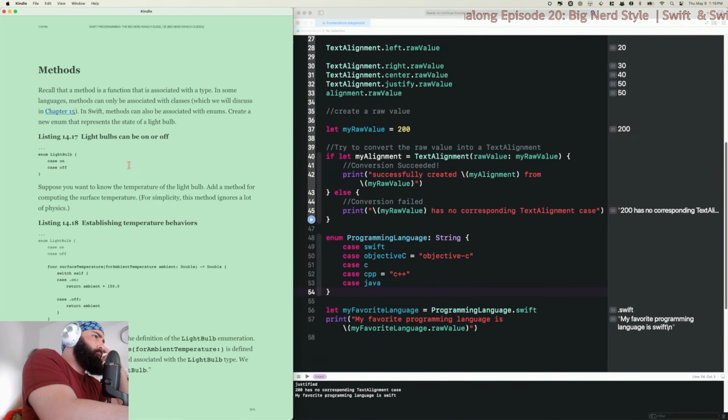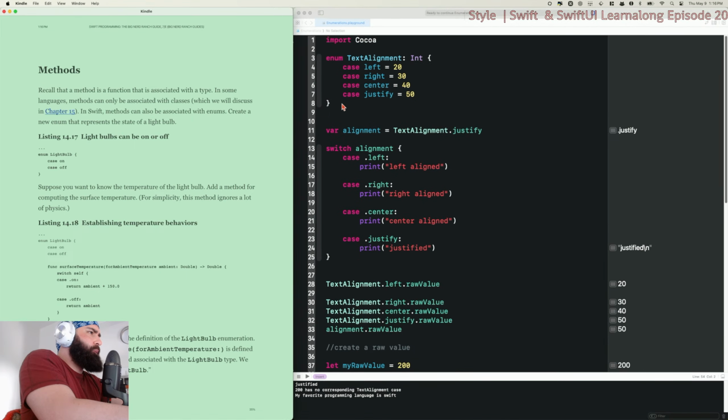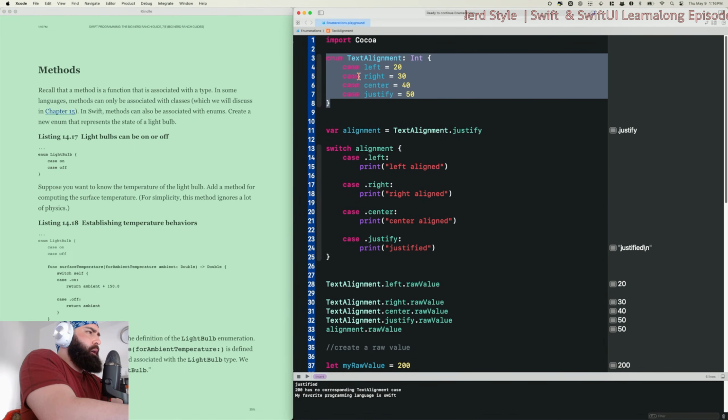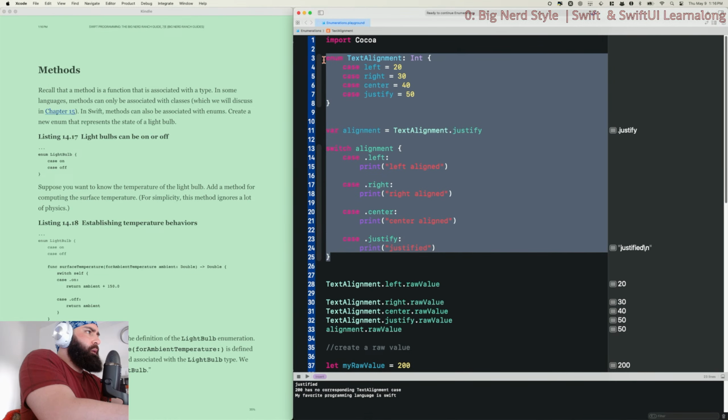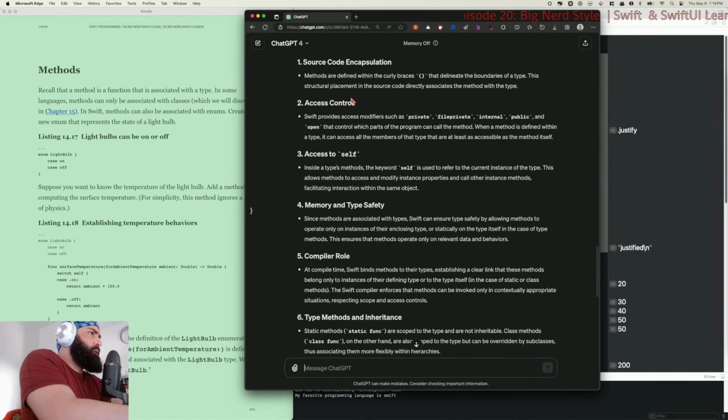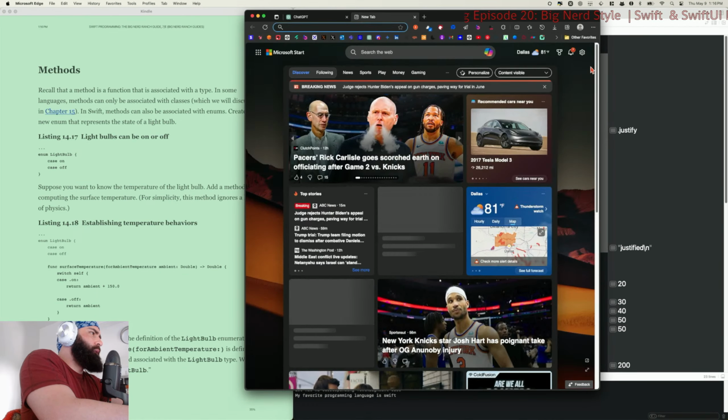Okay, so then in some languages, methods can only be associated with classes. One more thing. I don't think Go has enums.